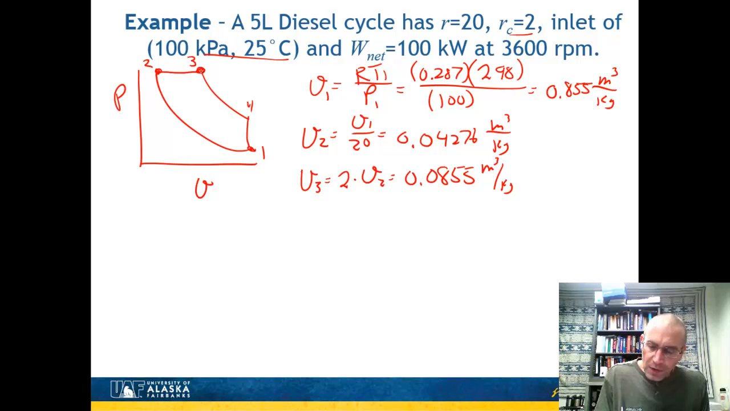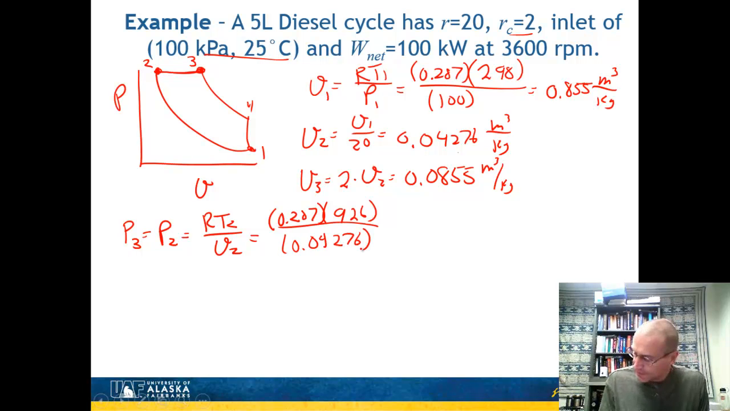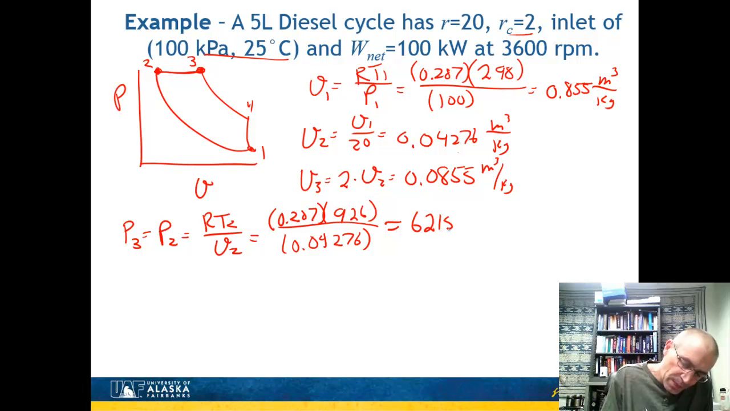And the other thing I'm going to know is that this is at a constant pressure. So I need to find out what that pressure is, and pressure at 3 is the same as 2. So P3 is equal to P2, and I know everything at P2. That is R T2 over V2. We calculated V2 previously, the V2 I just got at that point right there. So let's do that. 0.287, and that was 926 we had from the previous slide. V2, 0.04276, and that's going to give me my pressure at point 3 and point 2, so it's 6215